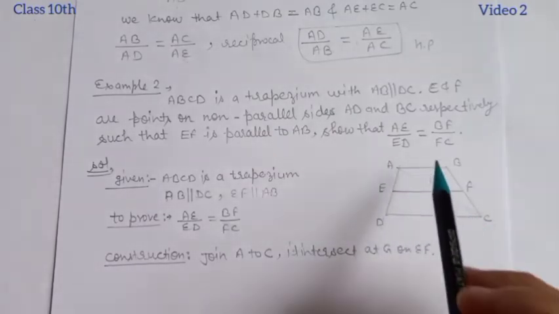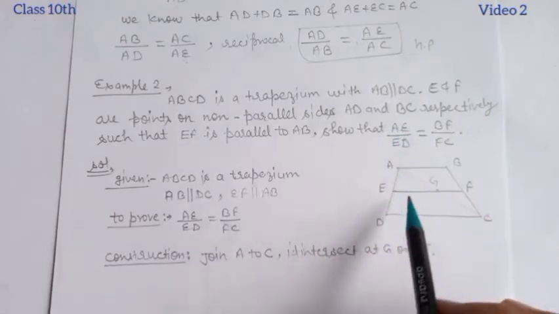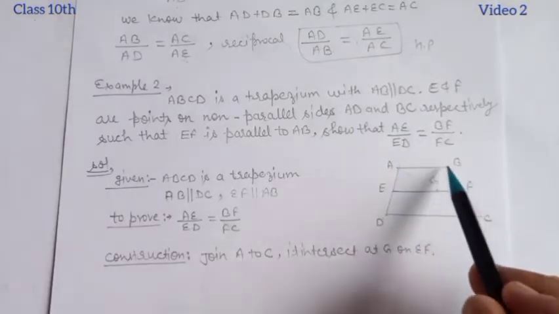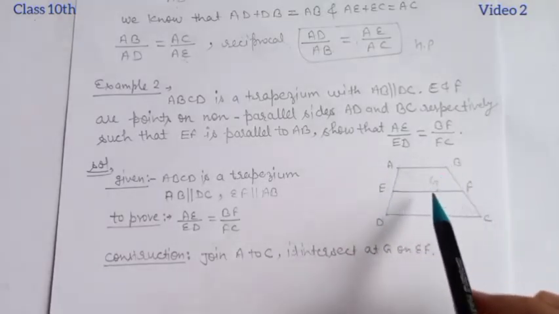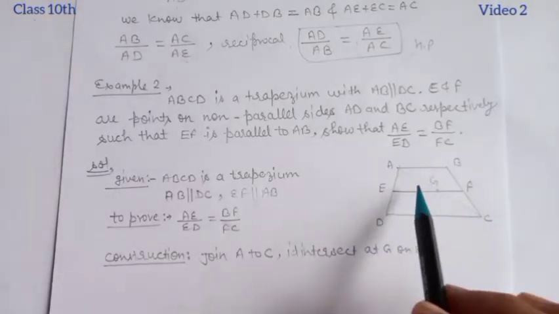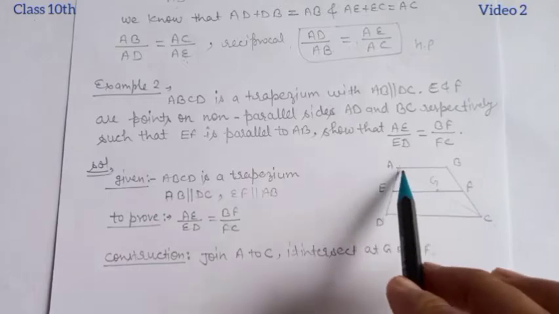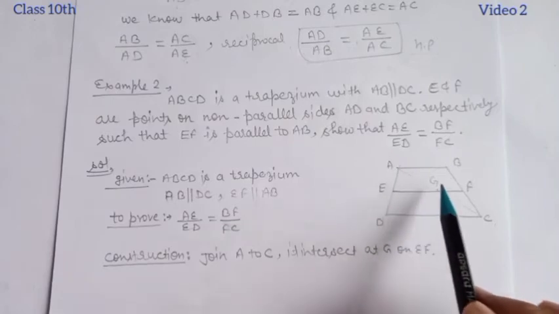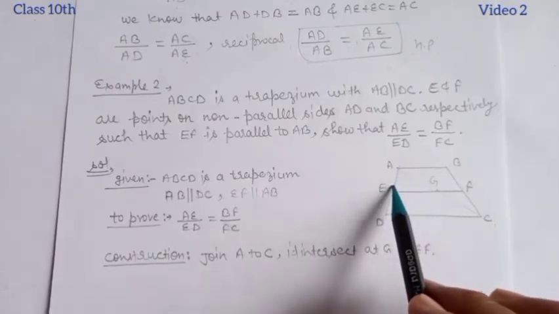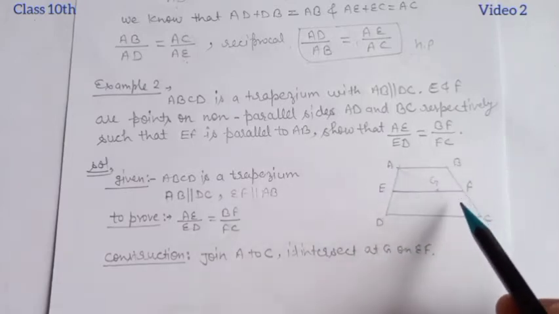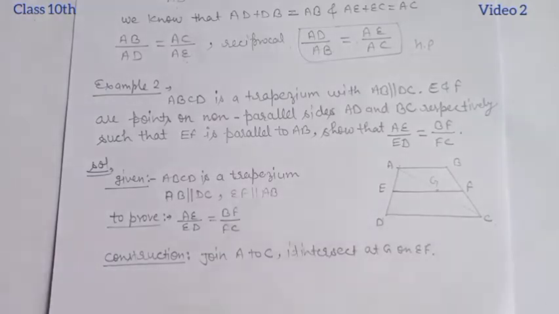Here the logic is that it is given that the ratio of AE upon ED equals BF upon FC. We don't have any theorem that lets us find the ratio of the sides of a trapezium directly. As you know, we did theorems of triangles, so that's why we divide it into two triangles. AG and GC are common in both triangles, triangle ABC and ADC. If the ratio in triangle ADC is equal to that in triangle ABC, then the sides will come out equal. So let's see, students, how to do it.